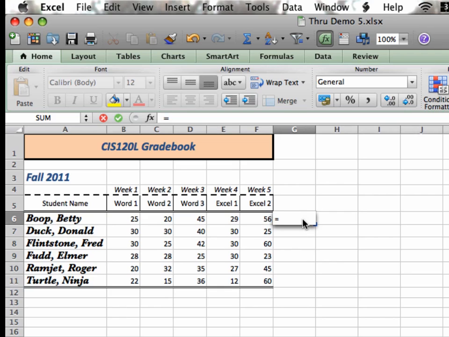So I'm going to use the actual numbers and just do a straight adding problem here, just like you would do on a calculator if you were to use a calculator. Once all the numbers are in, I just hit the enter key,